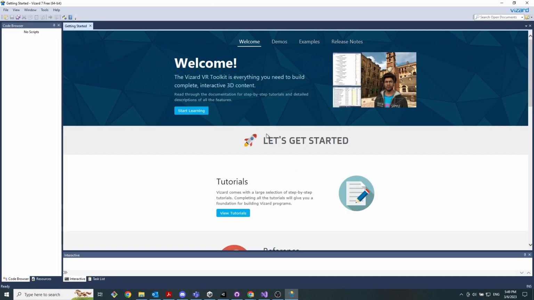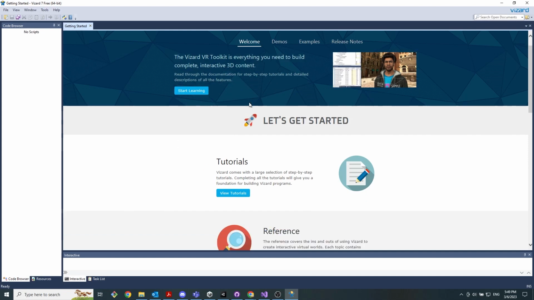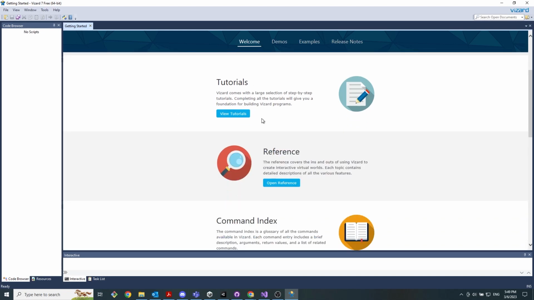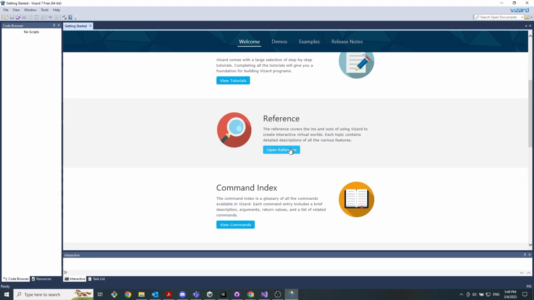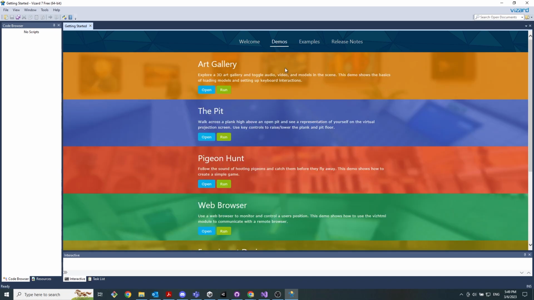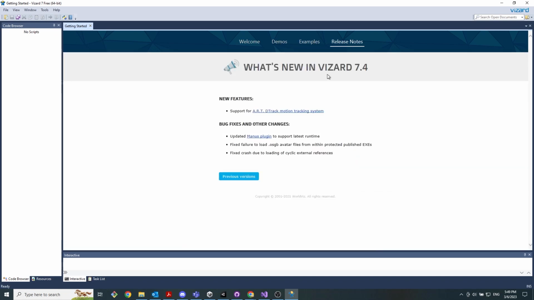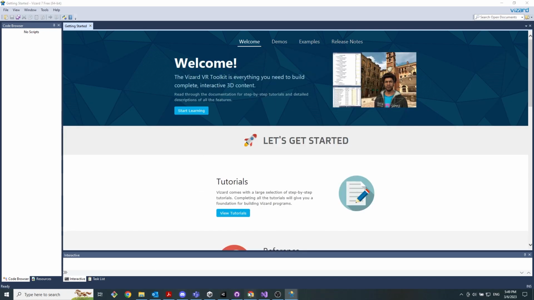So when you start your Vizard application, it will open up the resources for you. There are tutorials, references, they've got the demos, they've got examples, everything. You can look through it. And for now, let's first get